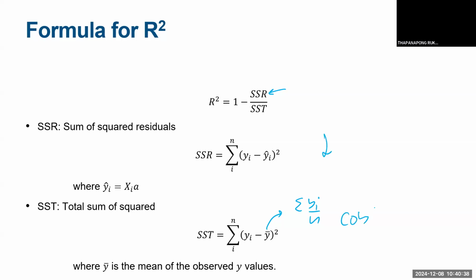Basically, this one is constant, right? This one is constant because this one only uses data. But the top one, the y-hat, is from the model. Right? You have the target. So if you have many models, you can just compute the error of each line, and then you compute R-square. And then it will tell you the strength of the model. So you want the R-square to be